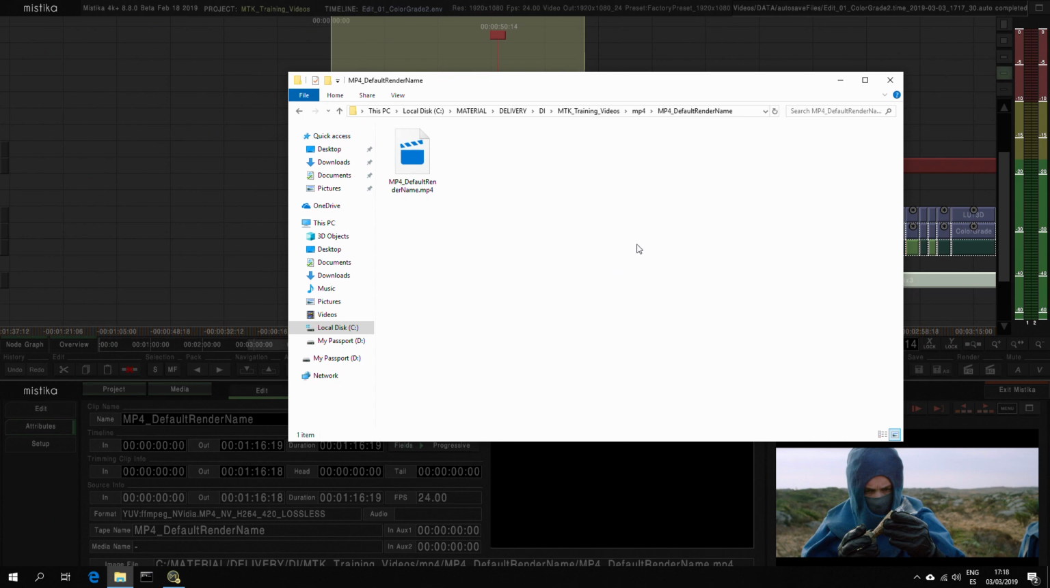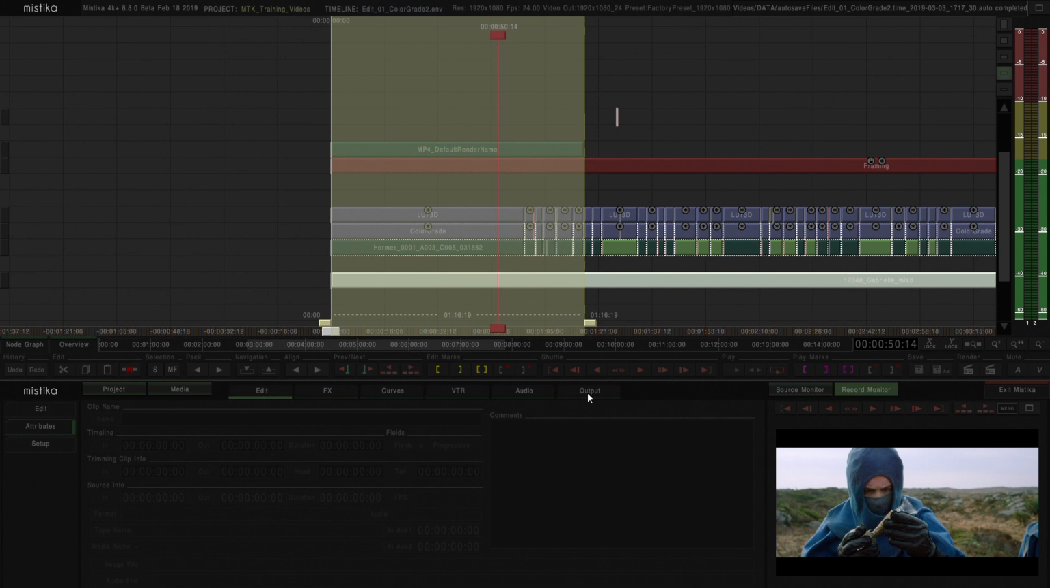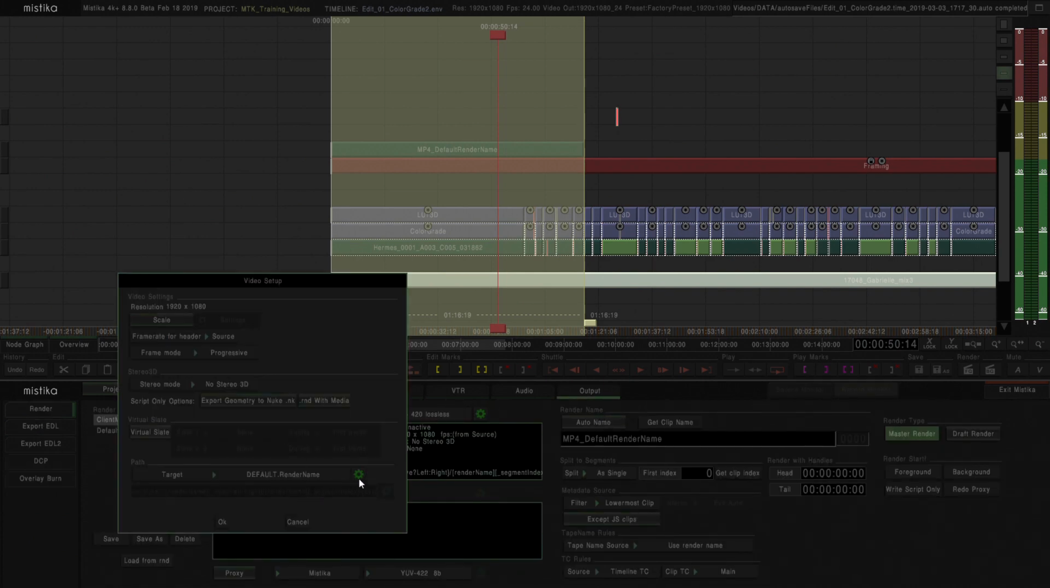And where is that defined? Well, it's defined if we go to output, hit the gear icon to enter the video setup, and just beneath, where the path, the destination target is, there's also another gear. If we click there,